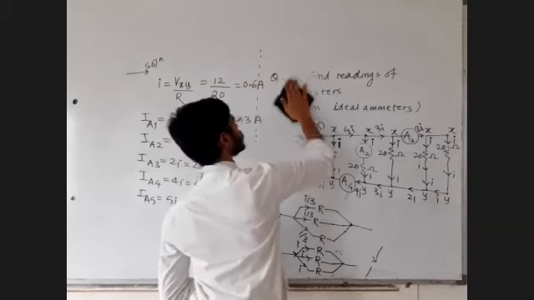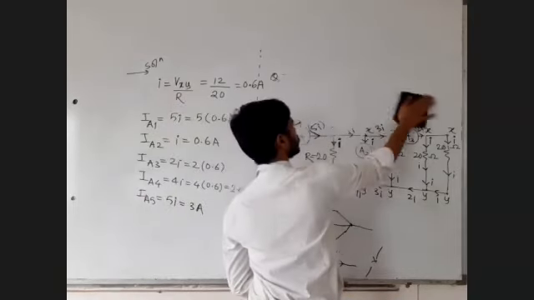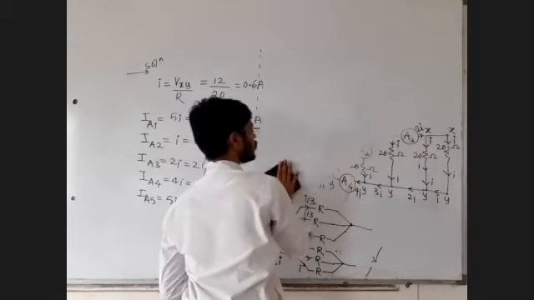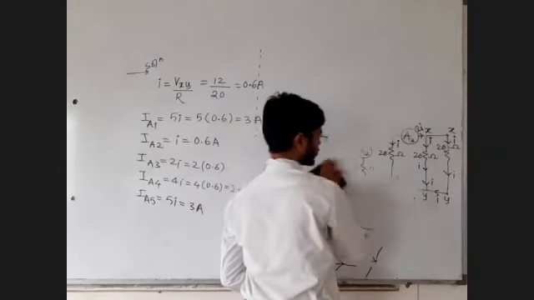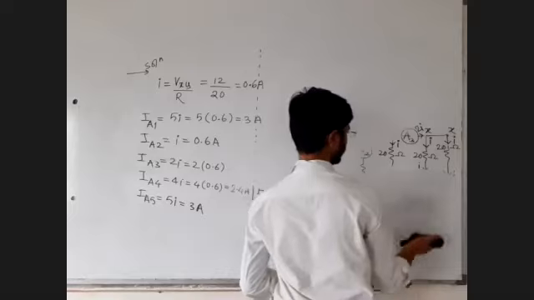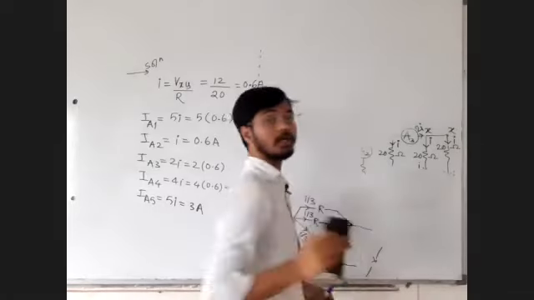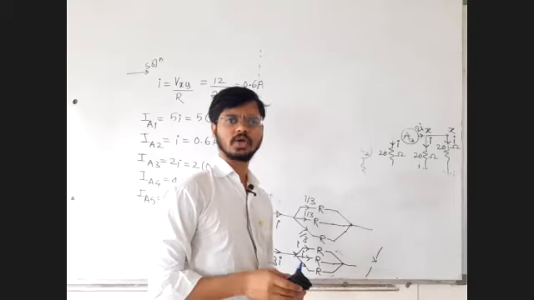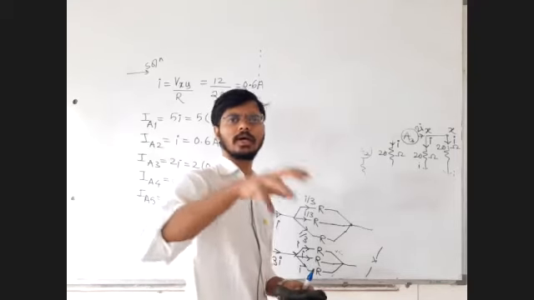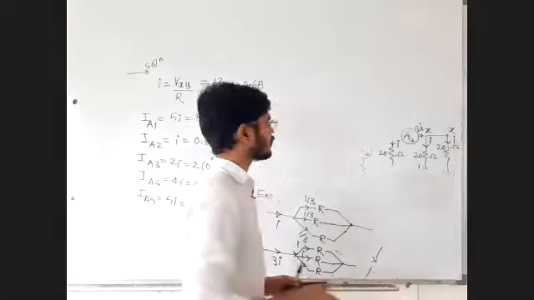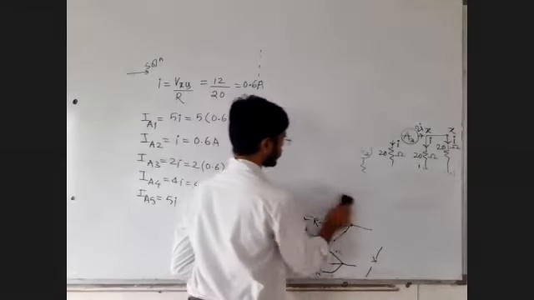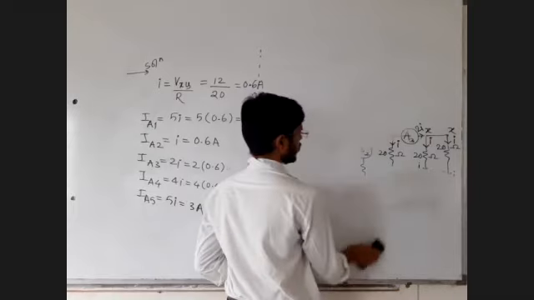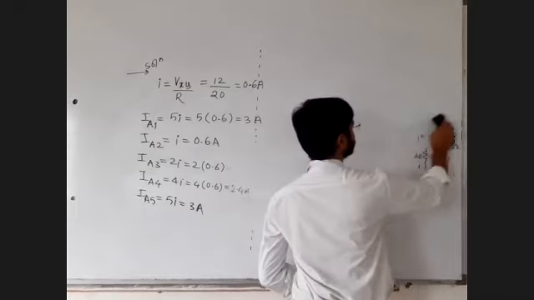So people use ammeter. Just by connecting one resistance in parallel with the galvanometer, you can use the galvanometer as ammeter. Remember this statement, galvanometer as ammeter. Galvanometer as ammeter means you have to connect galvanometer and shunt in parallel with each other. So that is called as galvanometer as ammeter.